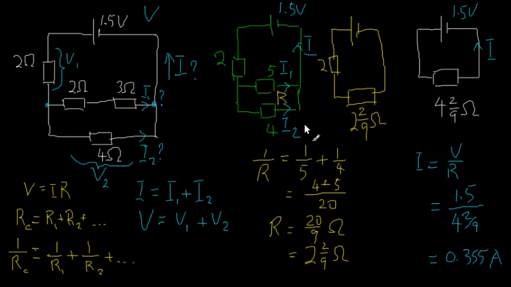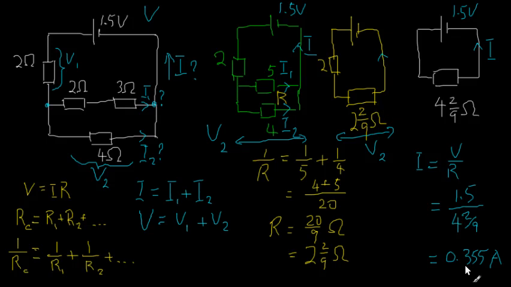So I could start by, say, finding the voltage across here. The voltage across here is V2, and that's the same as the voltage across here. That's V2. These are equivalent circuits in the sense that this is the combined resistance of those two. Now I can find the voltage V2 across here using Ohm's law because I know